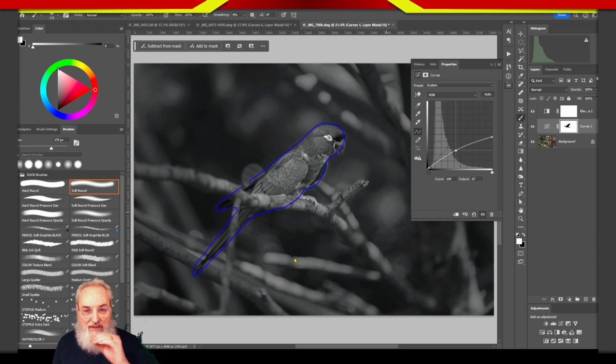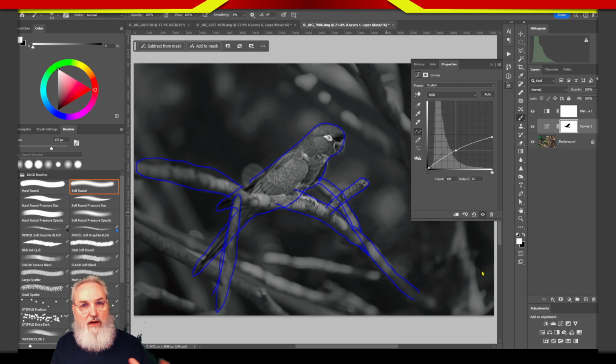Notice I didn't really manipulate anything on the tail feathers on this pass. And we also have the branch that the bird is sitting on. This little bit here, and this branch here that kind of goes below it, and maybe even a little bit of that branch behind it. So all of that